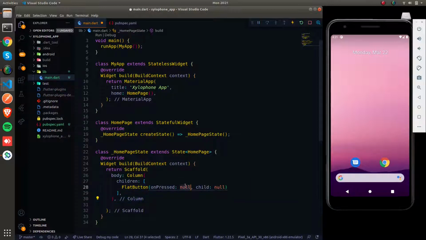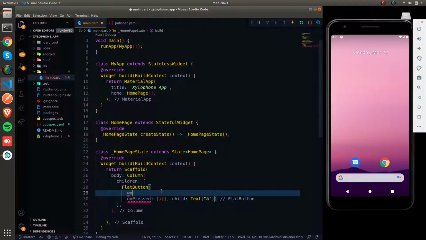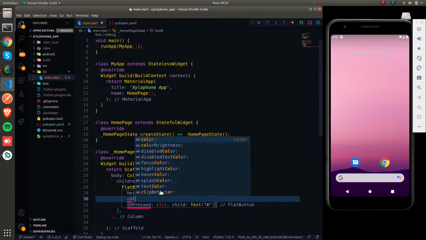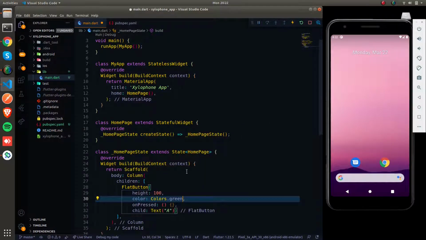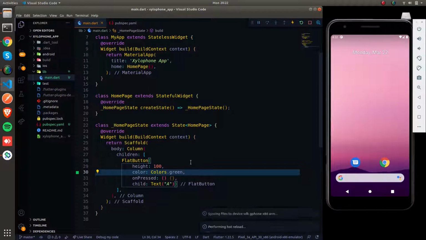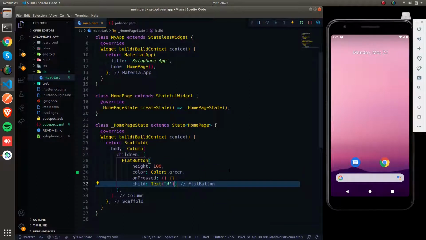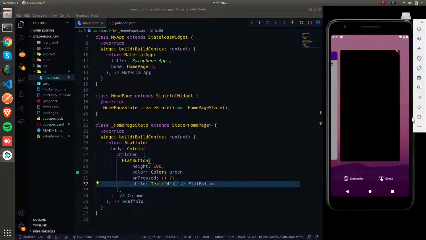and leave this on pressed, and child, let's give some text to our child, and also give some width, let's say height as 100, and also give some color, and now let us see how it is looking.